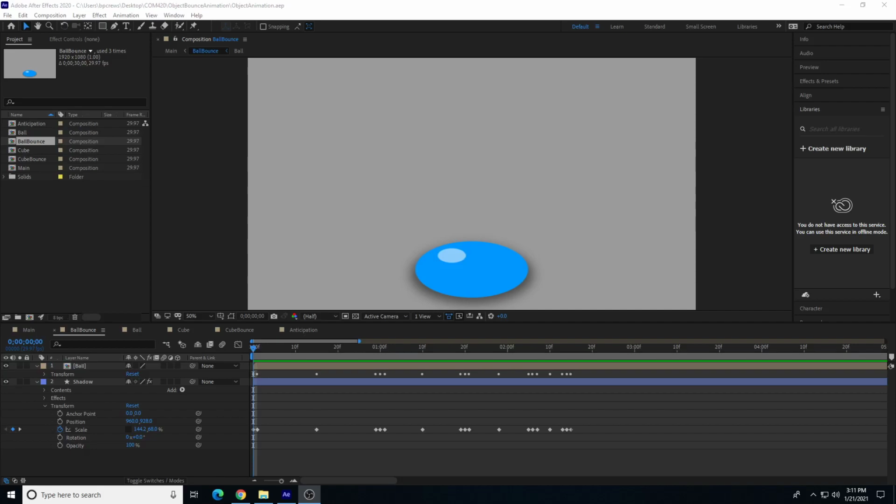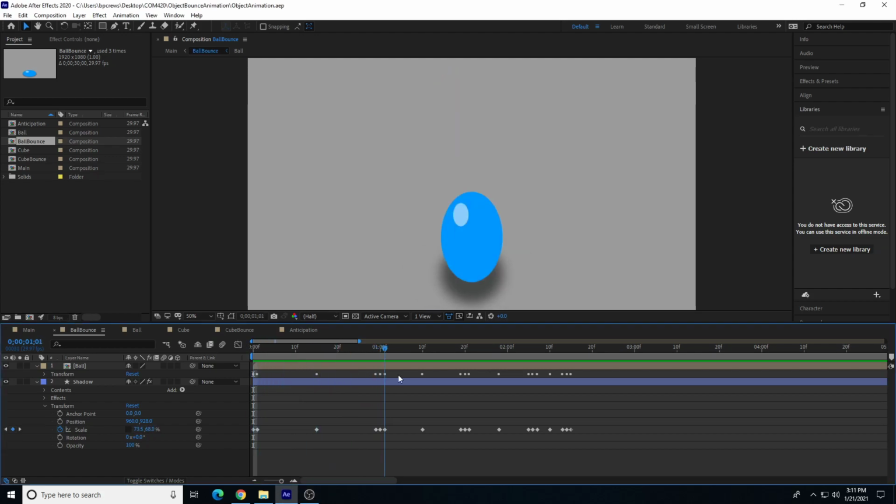Hi there, this video will be a demonstration of how to create a shape layer based animation in After Effects. So what I have so far is an example of what the ending point will look like within After Effects. So if I drag the timeline, you can see the ball will bounce. I'm going to come back here and let it play through, and then we're going to come back and create